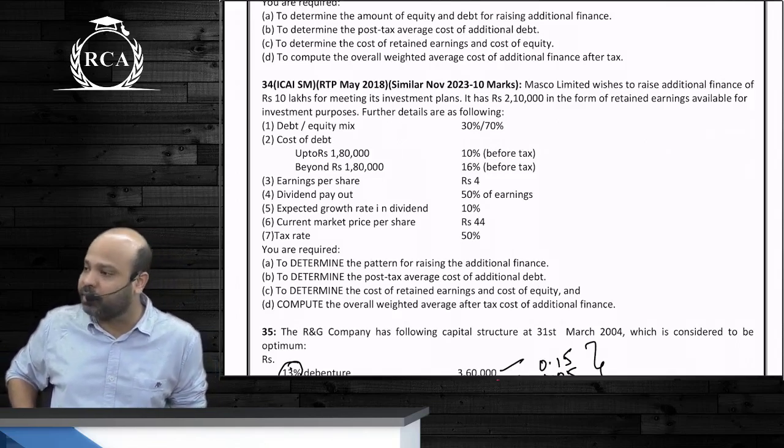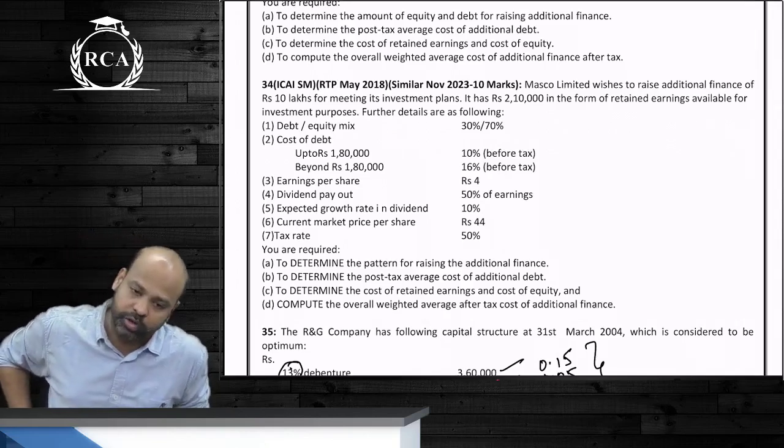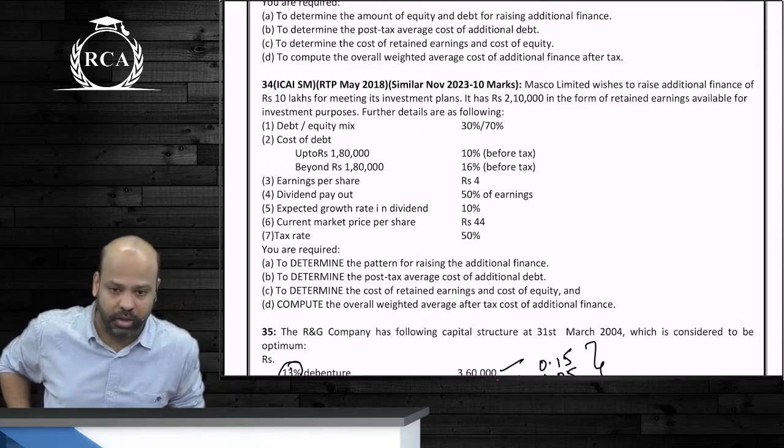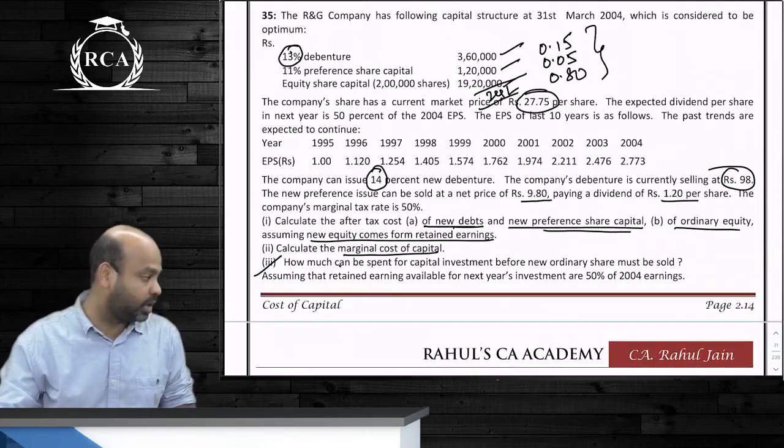Meaning that EPS multiplied by P/E ratio will not give us D1, it will give us D naught. You're supposed to adjust the growth rate to arrive at D1. Are we clear, beta? Other than that, in this 33rd question,